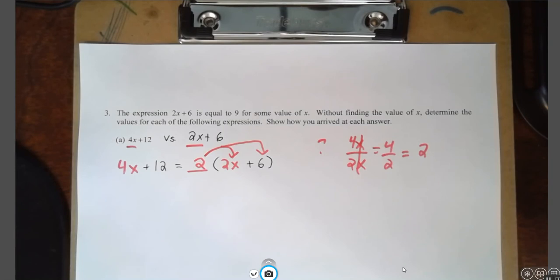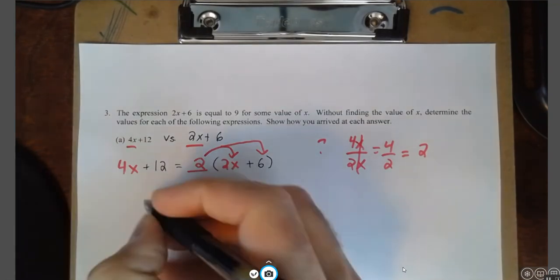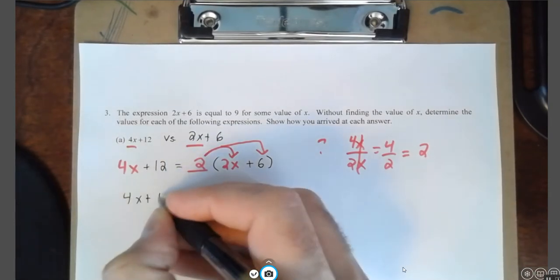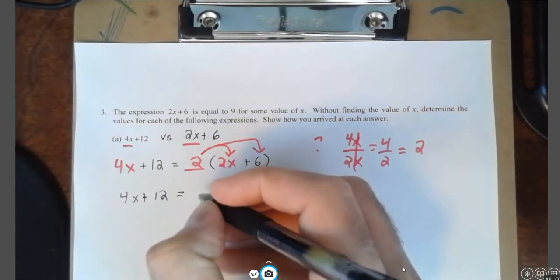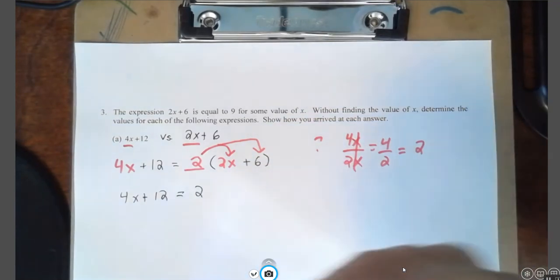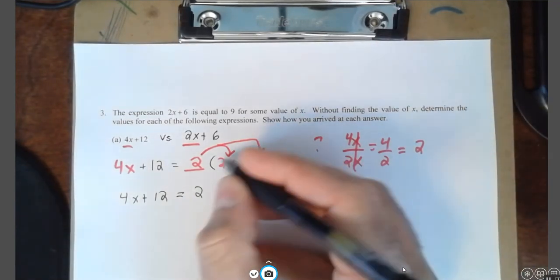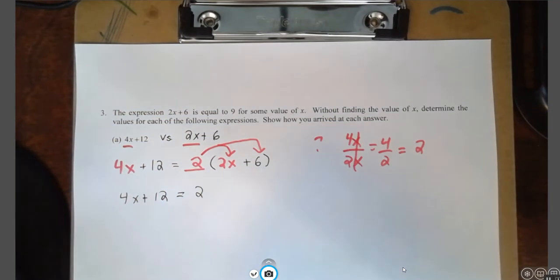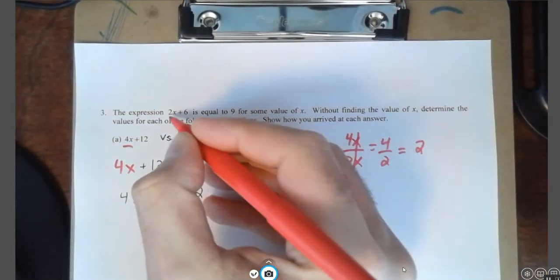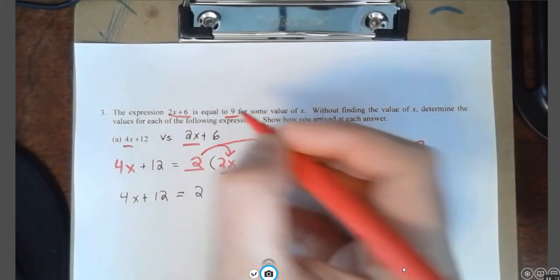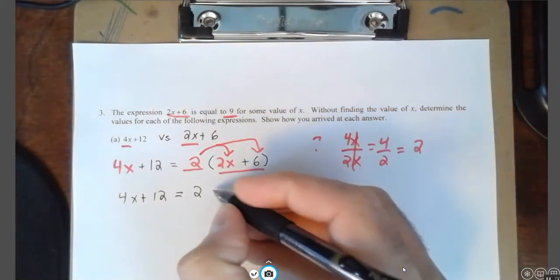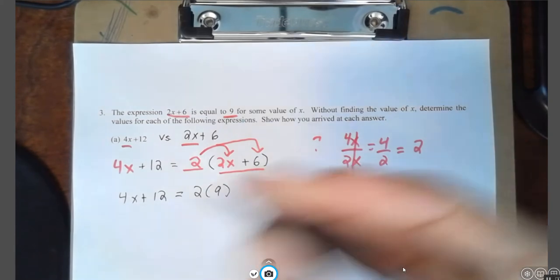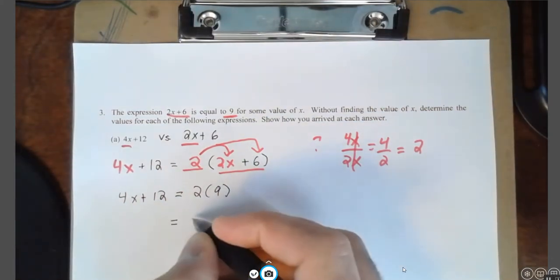How can we use this to answer the question? So without finding the value of x, determine the values of each of the following expressions. If we know 2x plus 6 is equal to 9, then if we bring the 4x plus 12 down, and keep the 2, bring that down, I can substitute for 2x plus 6. This 2x plus 6 here is equal to 9. So I can just substitute 9 for 2x plus 6, and then use that, 2 times 9,